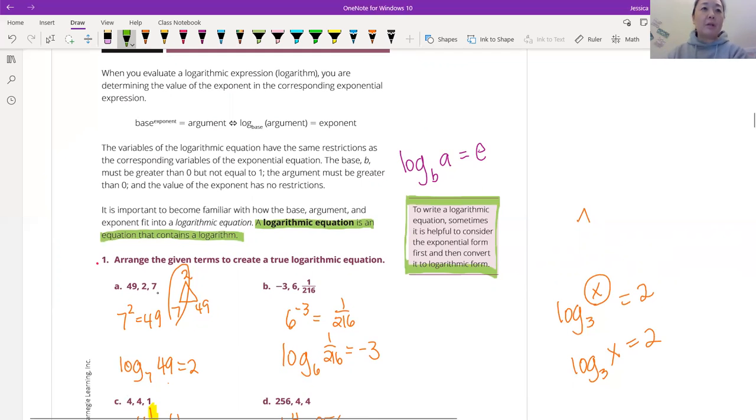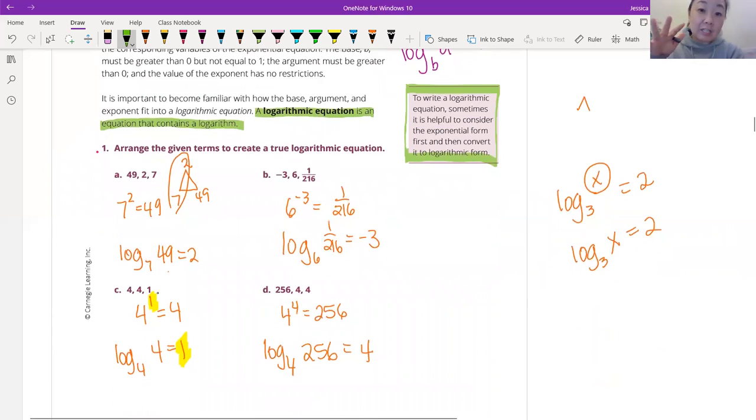So here we wrote down, if you want the challenge, you can try writing these. Okay, don't look at the screen. If you want the challenge, try writing these in logs from the get-go, right? But if you're like, wait, this is a little bit hard, like for me, logs are always a little bit hard for me. I love them, but they're a little hard. So